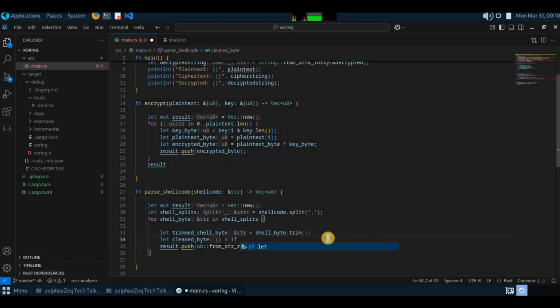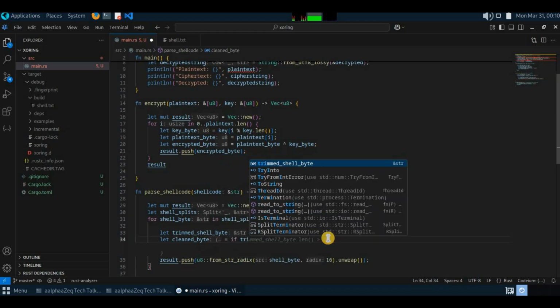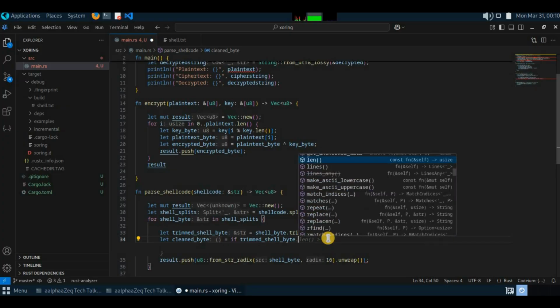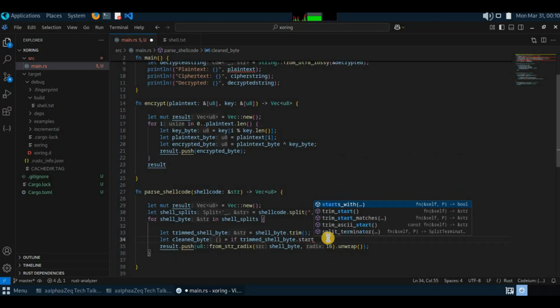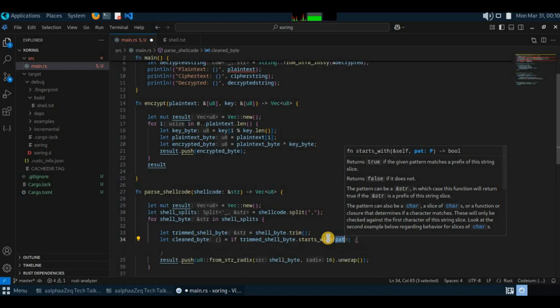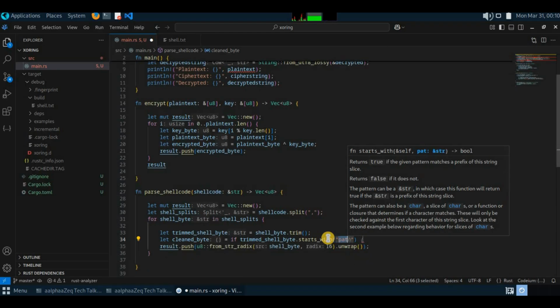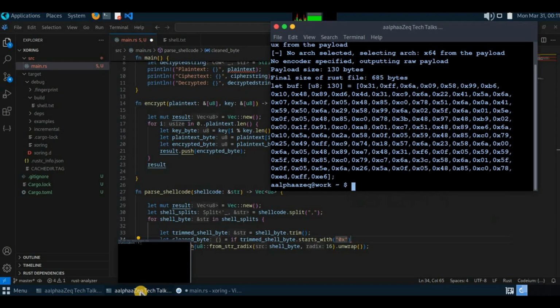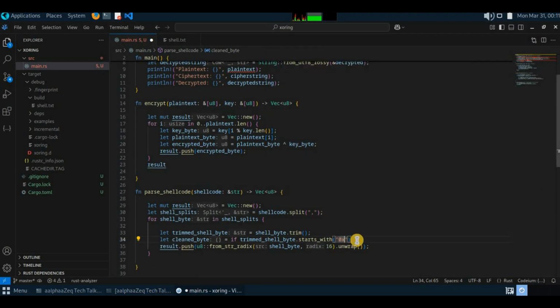If the trimmed byte dot starts with, this function. Yeah, we start with what is it, 0x, right? Yeah, 0x. Let's just confirm it's 0. Yeah, if it starts with 0x, then what we do,